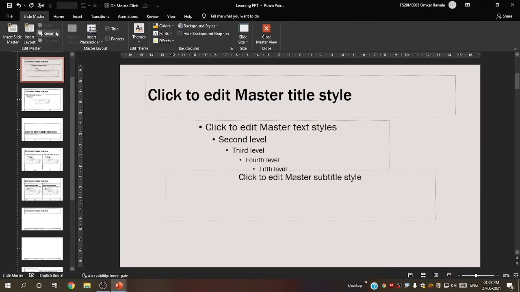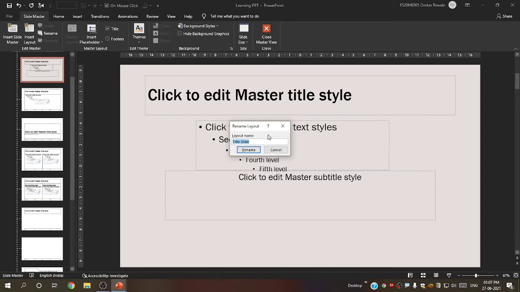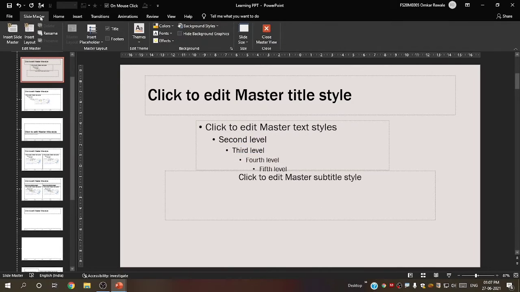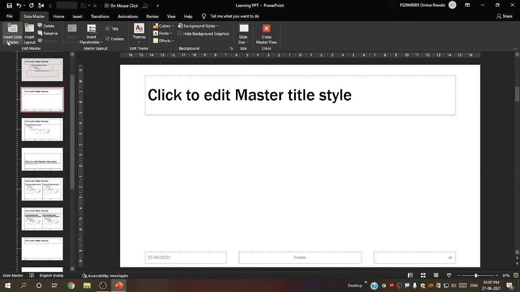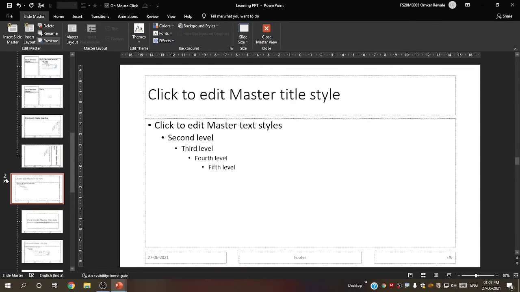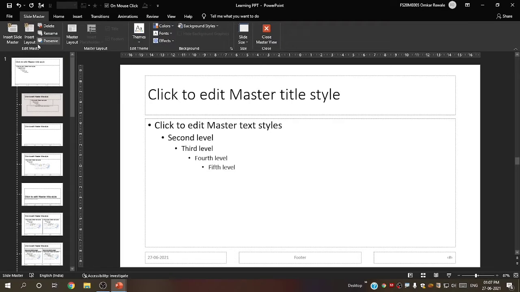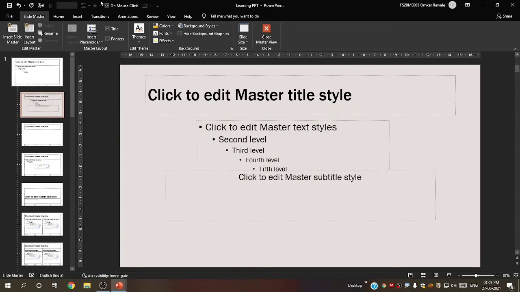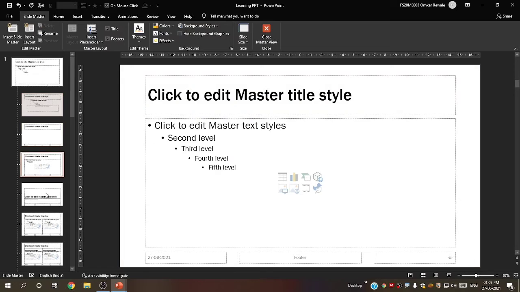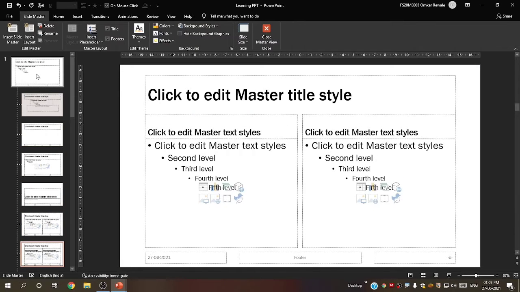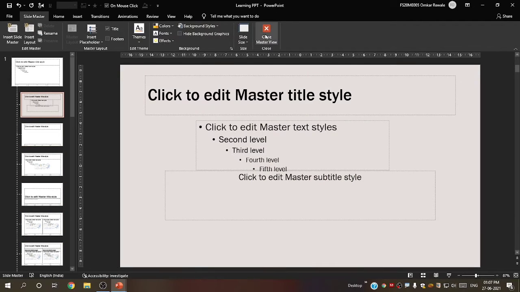Then rename, if you want to rename this. Well, I don't want to rename this. So insert layout, insert slide master, one more layout and insert. This is the second slide master. So this was the first, we want this. Now you can also customize the other slides too, like this, and then say close master view.